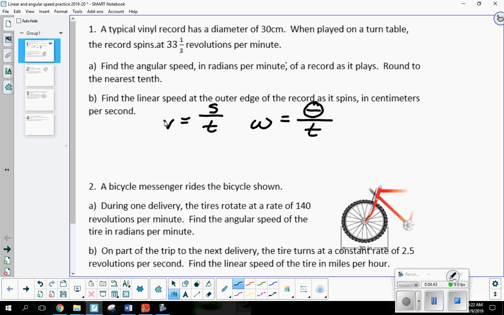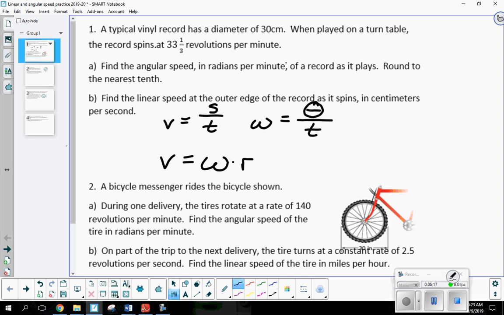So what is angular velocity? It's the measure of your central angle, how fast it's rotating with respect to time. Remember, linear velocity is a speed. We use angular velocity to help figure out a new formula for linear velocity. All I need to do to find linear velocity is take the angular velocity and multiply it by what? The radius. As soon as you multiply by the radius, you've introduced a unit of length. Now you have linear velocity.